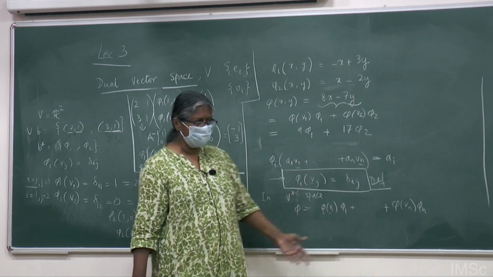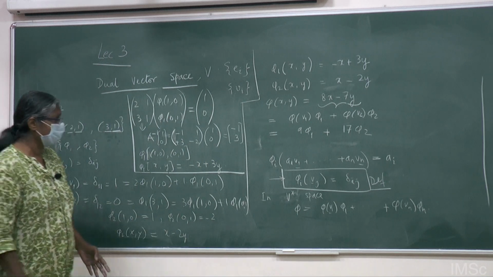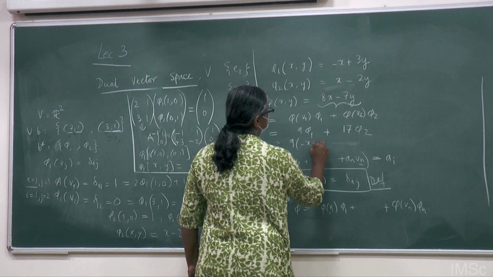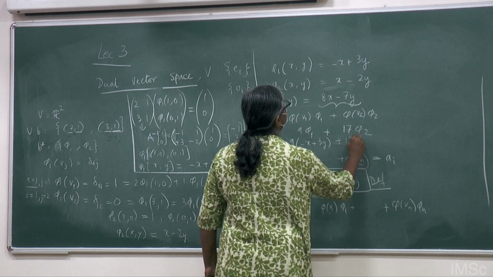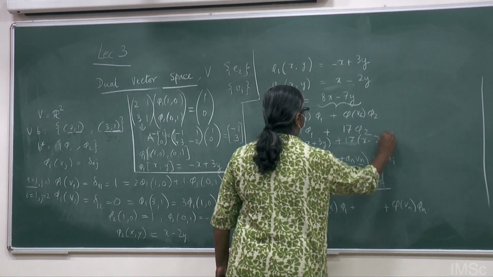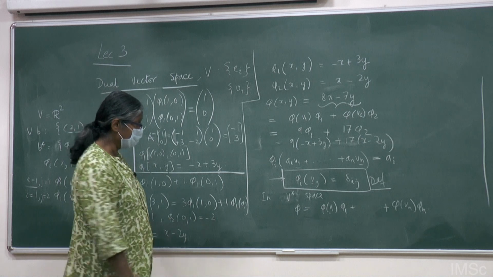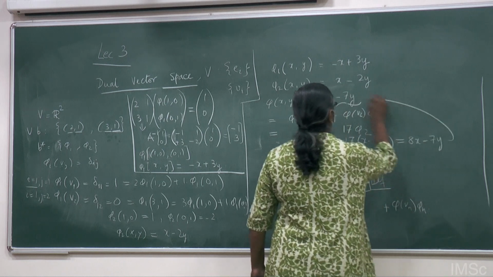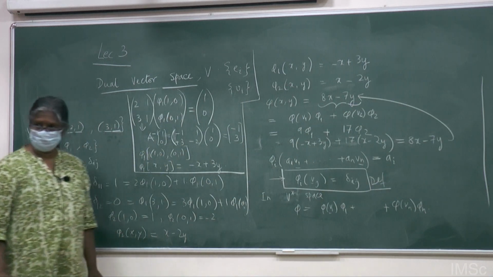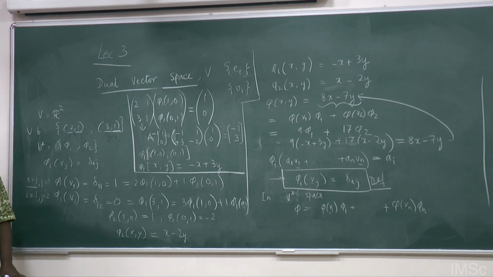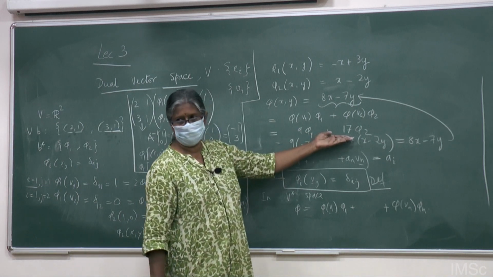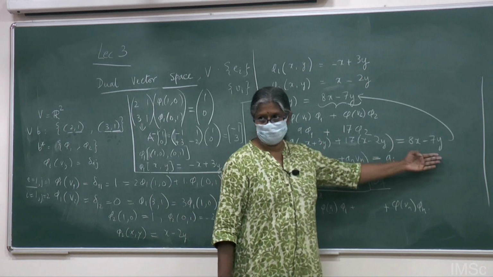How do we know this is correct? I have just solved for you phi 1 and phi 2. So let us substitute. So this is 9 times minus x plus 3y plus 17 times x minus 2y, and you can do the higher mathematics and show if you have done your arithmetic correct, this is 8x minus 7y, as it should be. Is it clear? Okay, so this is a trivial example, but it's very instructive. You stop here at 9 phi 1 plus 17 phi 2, and then you make sure that actually that makes sense, it's consistent.